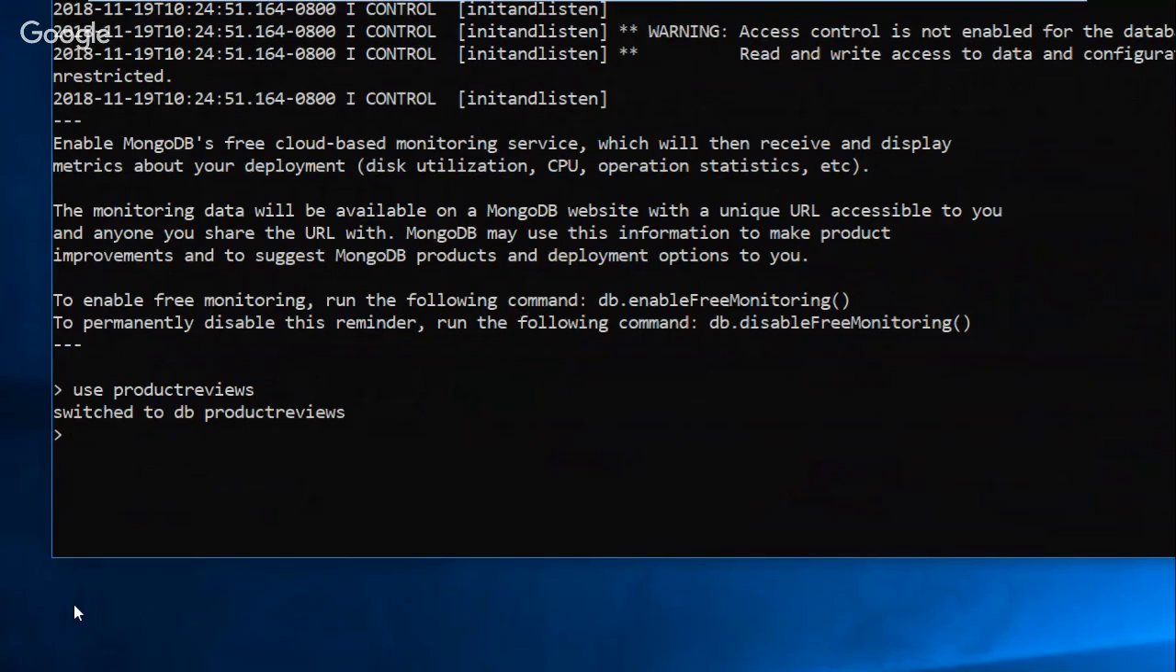So when I do use product reviews, are you guys with me so far? That basically just creates a database. And again, this isn't part of the first assignment. This is just to show you how those things work a little bit. So then I'm going to say